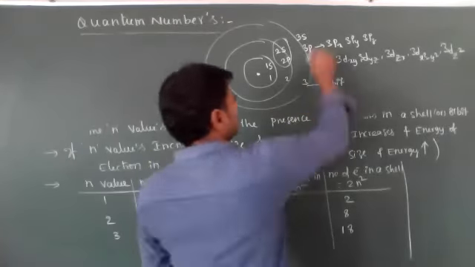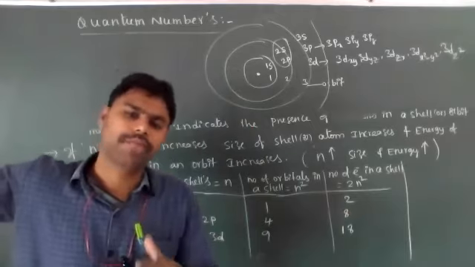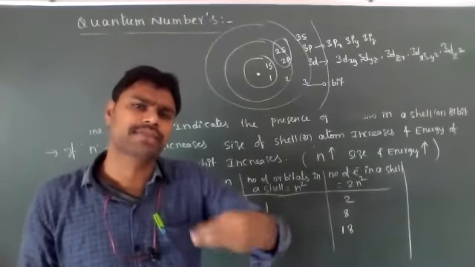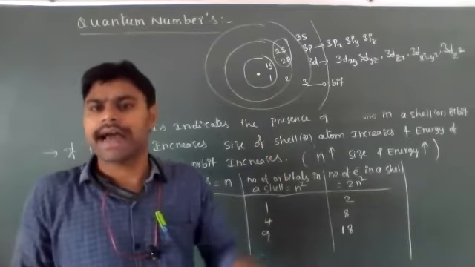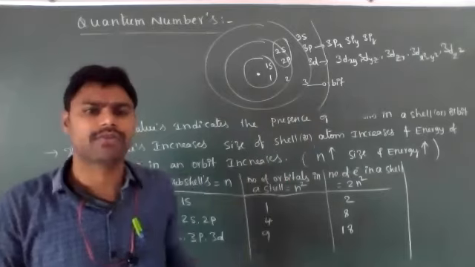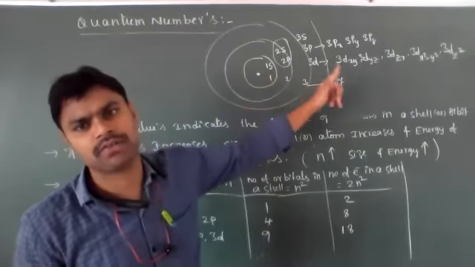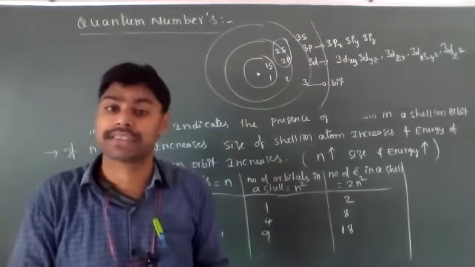Like the fourth shell, fifth shell, or sixth, seventh, how many shells are present depends on their atomic number. Generally, you have to take the highest atomic number, like 118. They contain first shell, second shell, third shell, fourth shell, fifth shell, sixth shell, and seventh shell. Up to 7 shells are present.